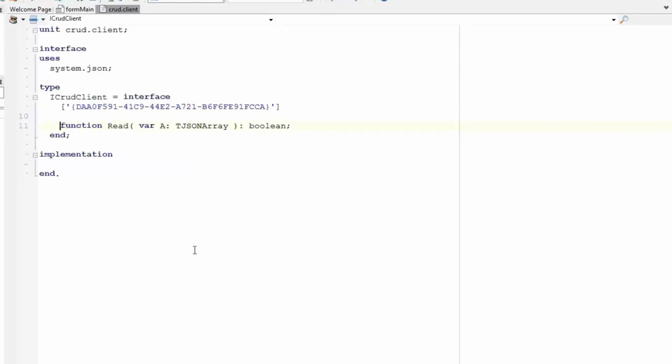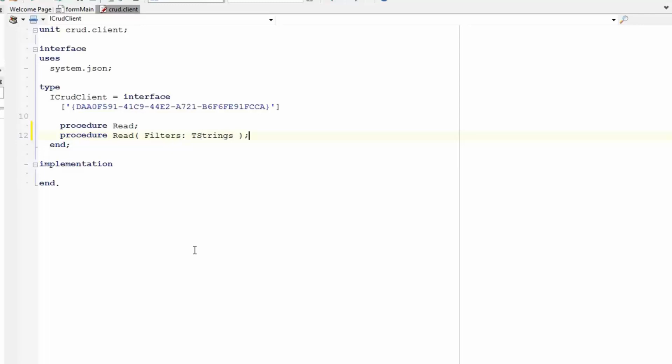So the first thing that I'm going to do is change this to a procedure for the read method, and I'm not going to pass in an array at all, and I'm not going to have a return type. So it's simply a read method, and I'm going to do the same thing again. We'll put in a procedure read with filters, and we'll put TStrings for the filters. So this will be the method where we can filter the read results. Let's put another method in, procedure